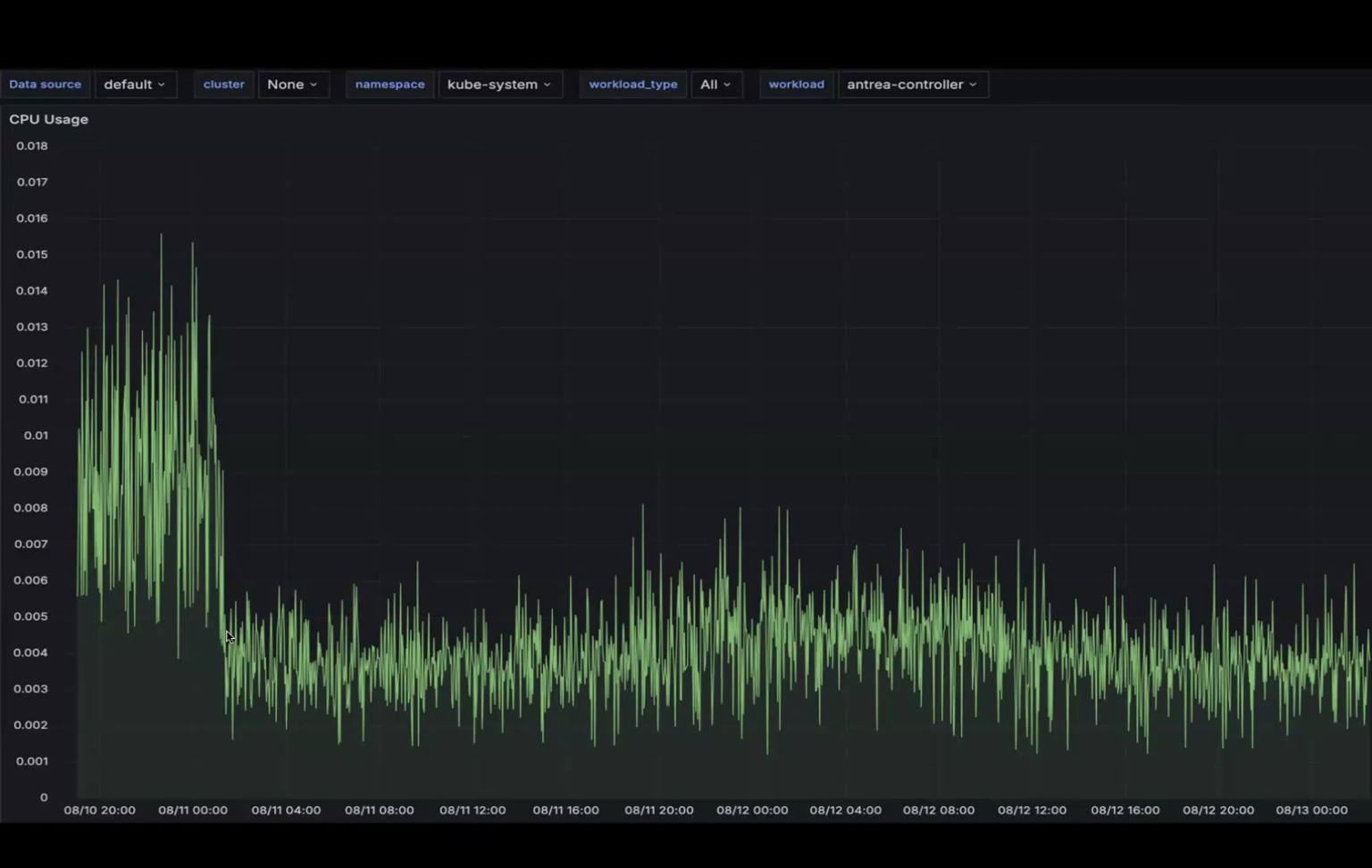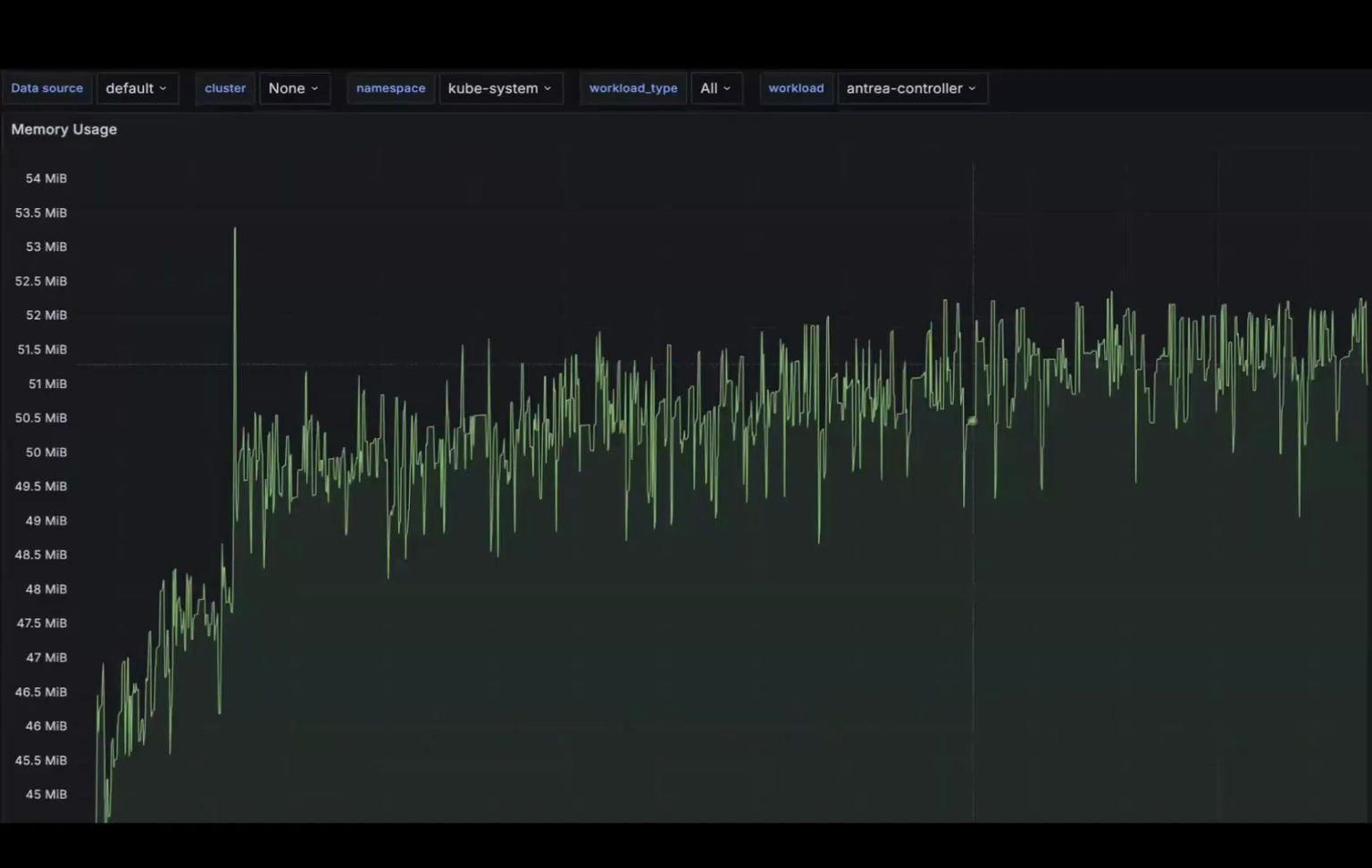Sure, thank you. So after that, once the workload is applied, the network policies are processed. It's almost constant afterwards. And now let's see the memory usage of the Antrea controller. Again, this was the initial memory usage when the workload was not deployed for the first 6 hours. Once the workload was deployed,